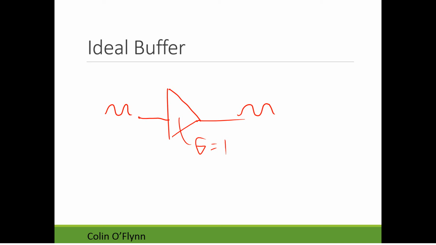The difference is that the buffer itself has a very, very low output impedance. It would ideally have infinite input impedance, saying it does not load the circuit at all. At the output, it will drive a very, very strong signal. So you could use this to drive whatever, your ADC or even filters and not worry about the load. That's the ideal buffer.